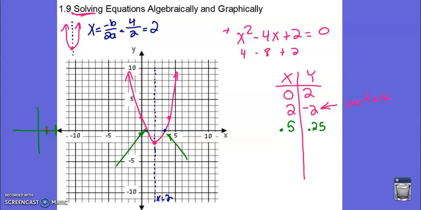Since that's above the line, I want to try to find something that's below the line, so I'm going to plug in 0.6. And then I'm going to see which one is closer. So if you substitute 0.6 back into the equation, you're going to end up getting negative 0.04. So at 0.6, we're talking about really, really close. 0.6 is right here. So 0.6 is slightly below